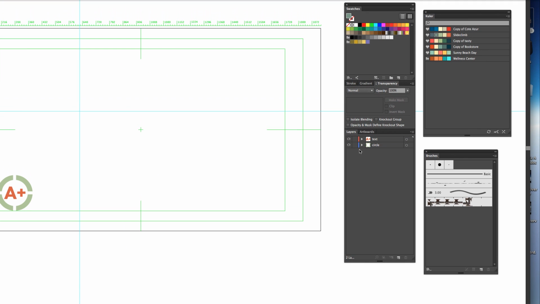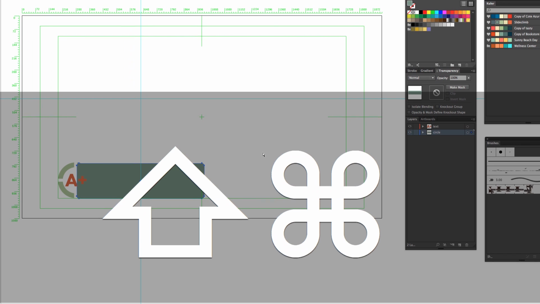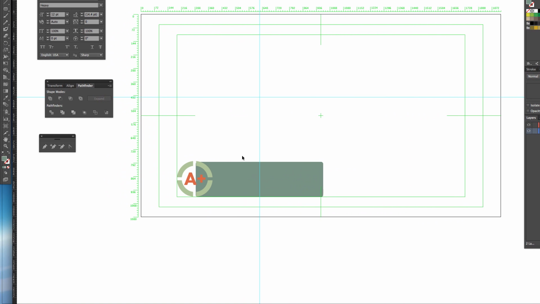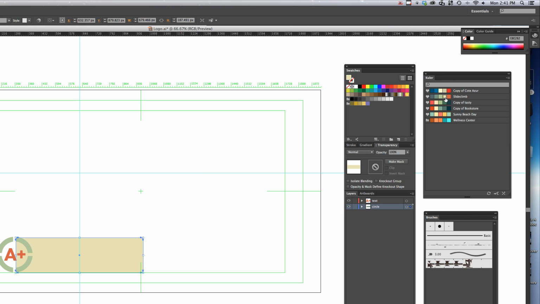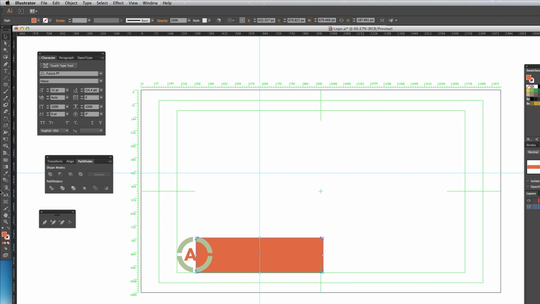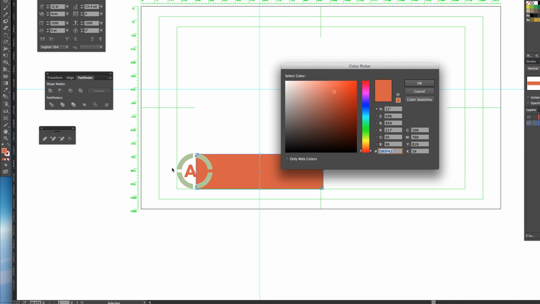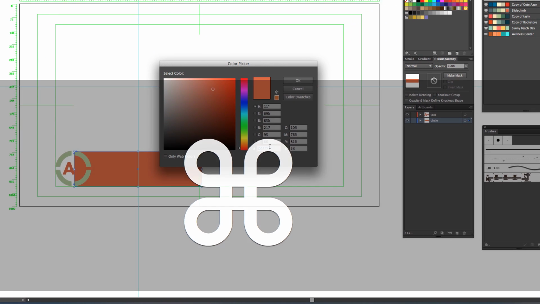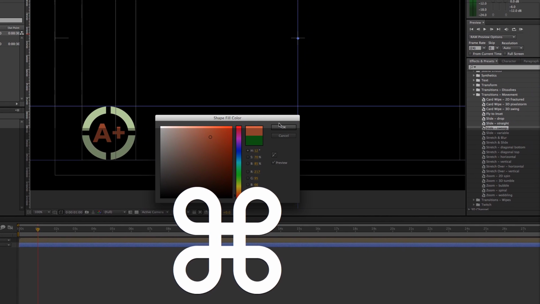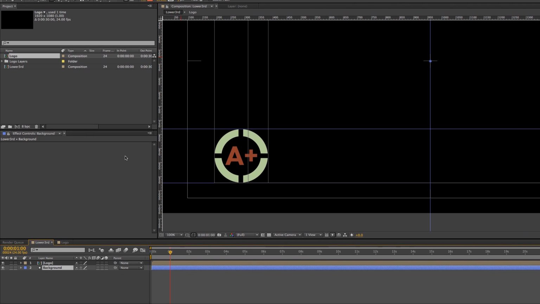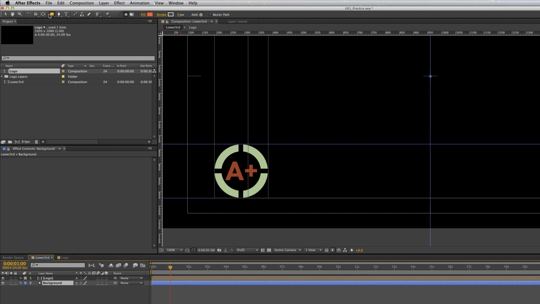Oh, on the wrong layer here. Alright. So that doesn't look too bad. That was yellow. Don't like the yellow. How does that look? That looks actually kind of good. I guess I'll use this color, so I'm going to click here, find this, copy it, Command C, paste it. Alright. And then I'm going to drag